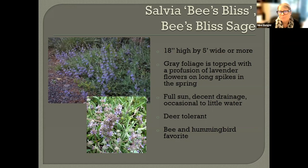First up is Salvia 'Bee's Bliss,' which is a wonderful ground cover salvia. It stays about 18 inches high, but spreads to 5 feet wide or more. Great representation in the upper picture of how the flowering stems hold up above that foliage. Salvias have a grayish green foliage, and you'll have this wonderful spring profusion of flowers,